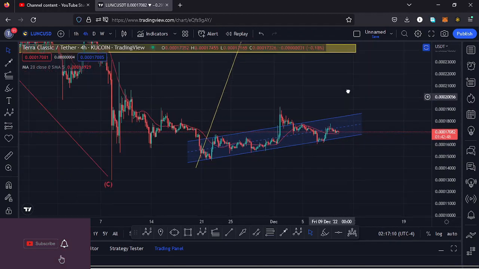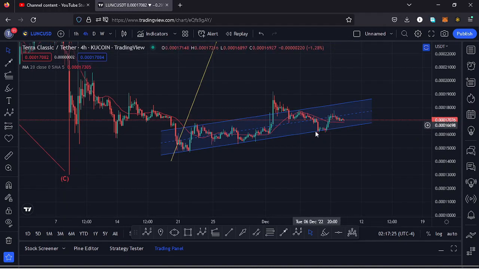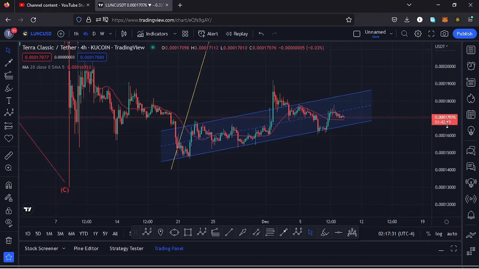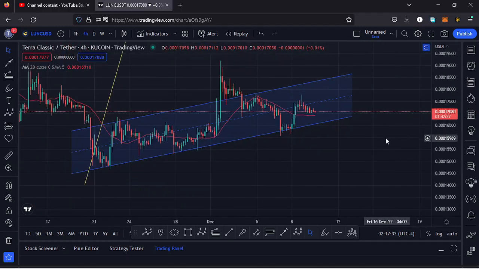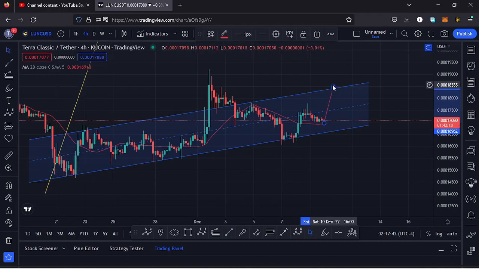And you can see at some point we had managed to break out of the channel to the upper side, but the retest of the upper side of the channel was not a success, and we managed to get back into the channel once more. And after seeing the lower side of the channel once more, we have been seeing another bounce, which is right here, and we have also managed to break above the 20-day MA, and there are chances that we might continue pushing even higher, given that we have the support of the 20-day MA, get to the upper side of the channel, and in case that plays out, then there are chances of seeing a breakout to the upper side of the channel and see a retest of the upper side of the channel.